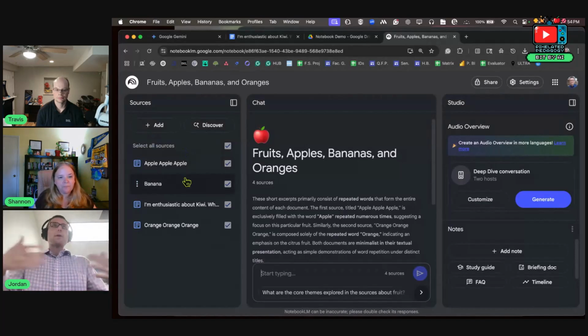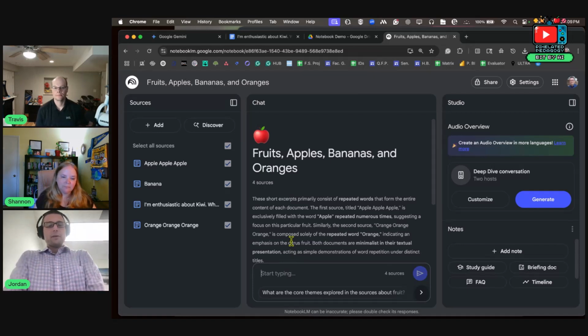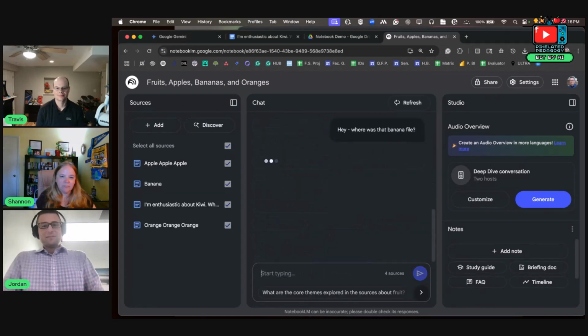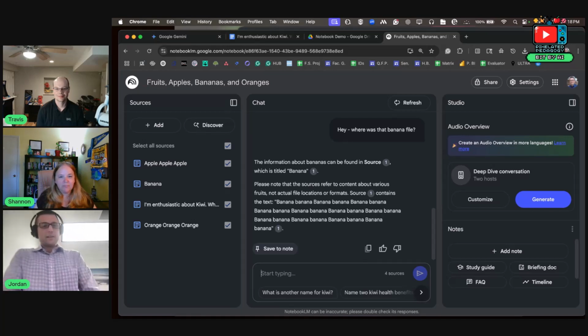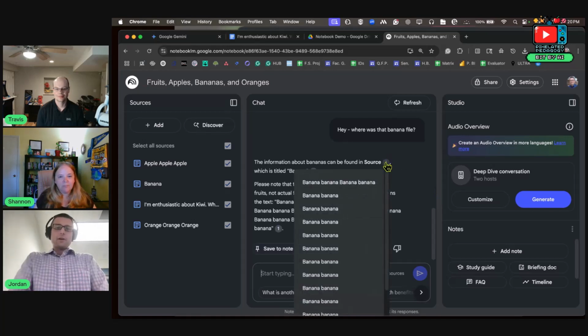And so if I've got a question about fruit now, and let's say, imagine that these are your work files and you've got 20 or 25 different files you're sharing with lots of different colleagues across the college, and you really need to find a policy or you're looking for something specific, the ability to use Notebook to search your own knowledge from Google Drive is really powerful. So, hey, where was that banana file? Excellent. And so it links out in a little footnote to this file that's just full of the word banana,